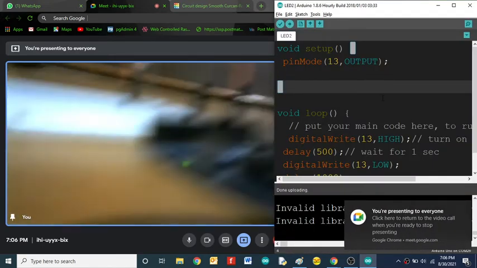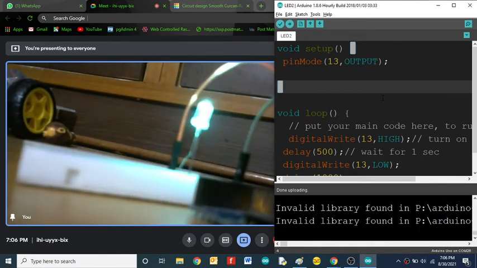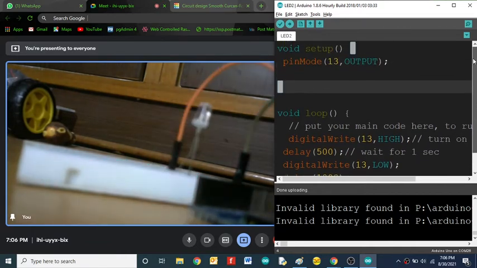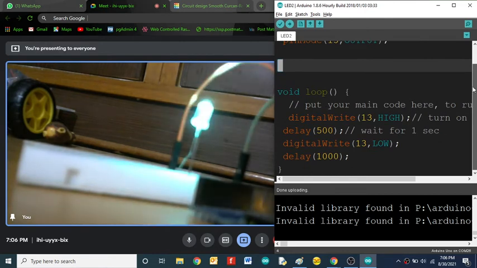Okay, anybody will say that? How are we going to write code for another LED? We have the one LED blinking code now, right? Like that we have to add another LED.